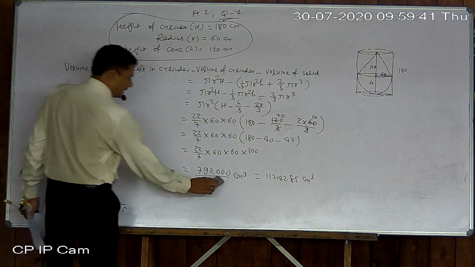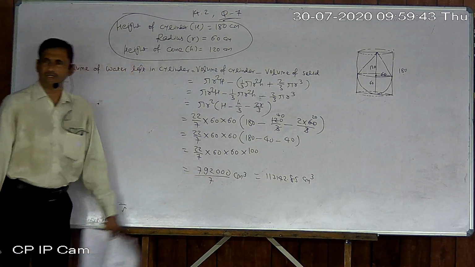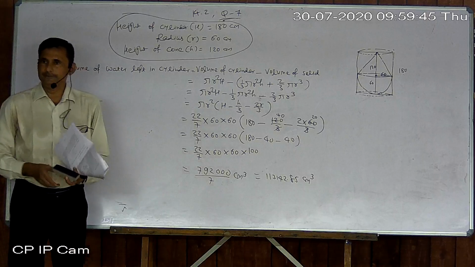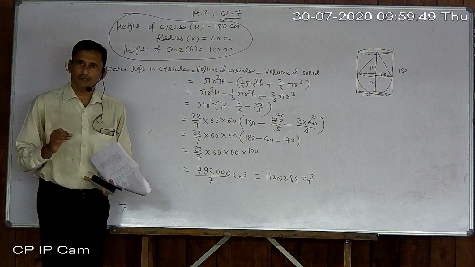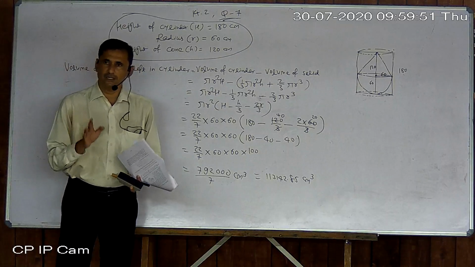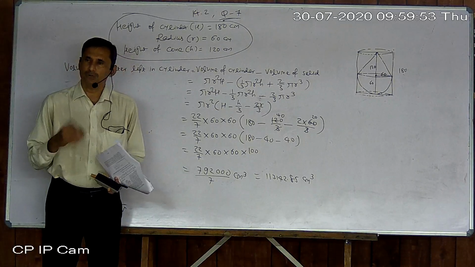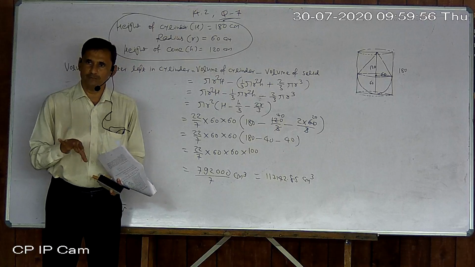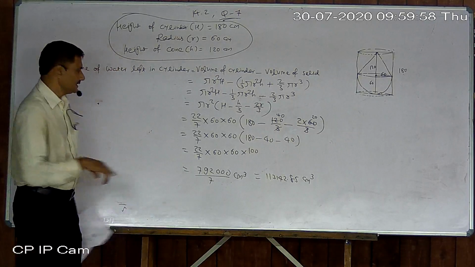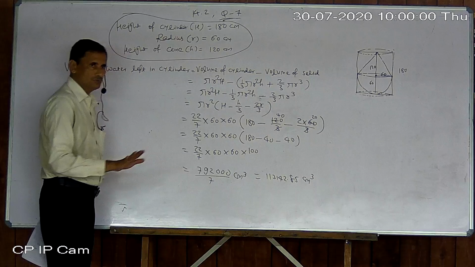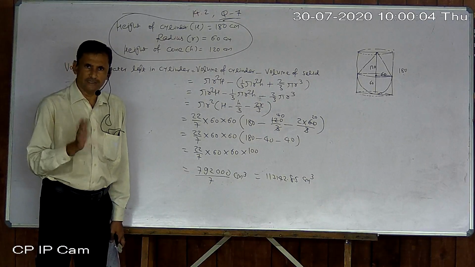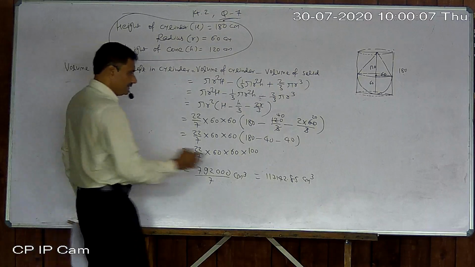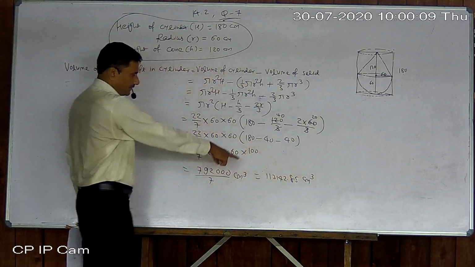Even you can give that as the answer, because in mathematics generally one rule is there. If in the denominator one of the factors is either 3 or 7 or 11 like that, meaning except 2 and 5, then we can give our answer as a fraction, simplest or mixed fraction. No need to convert it into decimal. But here we just try to convert. So that is also our answer.